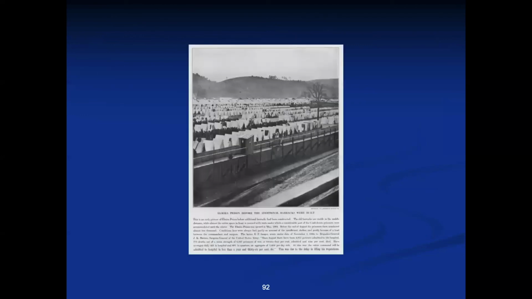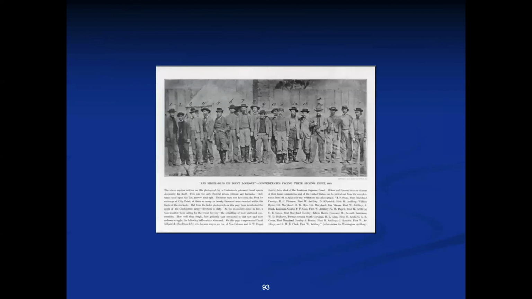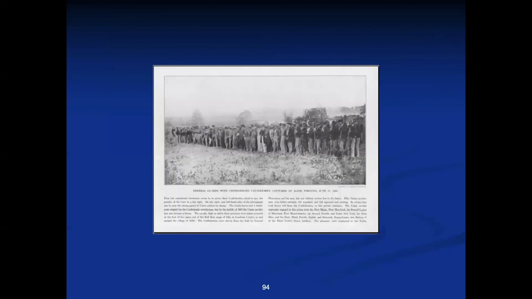This is a picture of Camp Elmira. It's New York. Doesn't it look nice? Nice and cold in the wintertime. Most of the people in Elmira came up from Point Lookout when they shut Point Lookout down. This is folk at Point Lookout. And remember I told you I would show you a set of Confederate folks captured at Aldie. Well, this is them. This is them lining up to be sent off to POW camp.